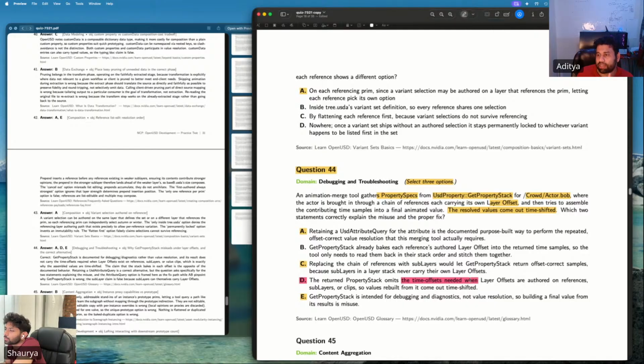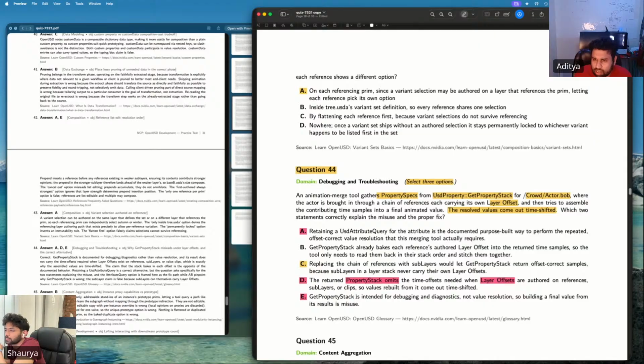Oh, we are using property stack over here, from USD property get property stack. Okay, okay, yes. The returned property stack omits the offsets when layer offsets are authored, so it gives incorrect samples. And then the answer also is E, right? Yeah, ADE. E was correct.